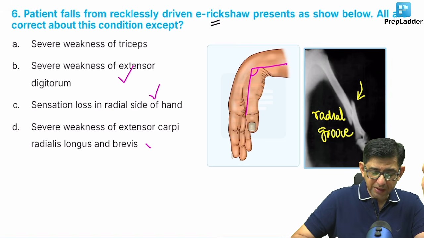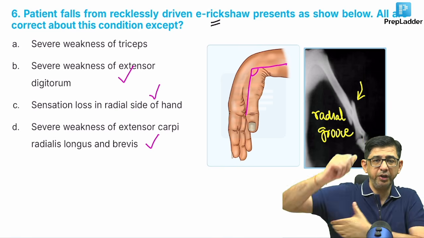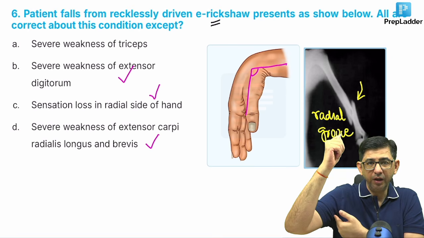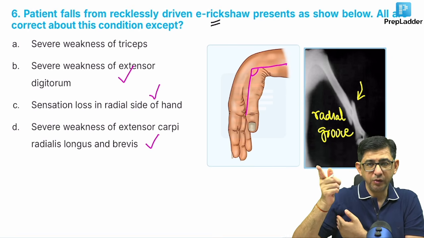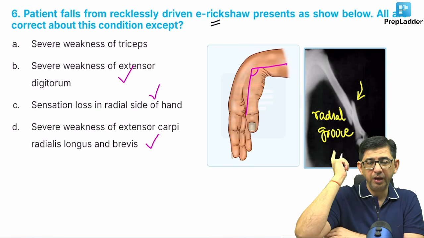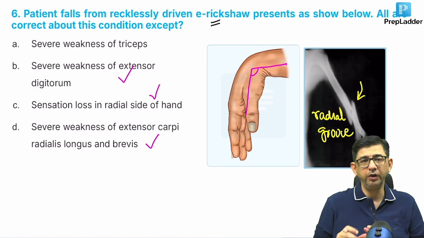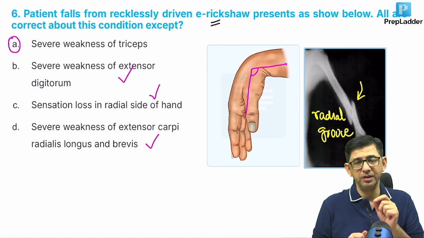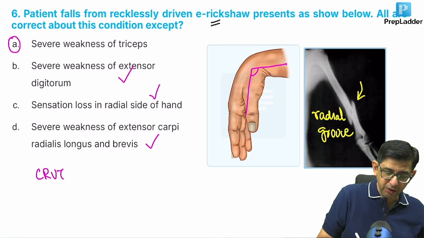Guys, here the triceps muscle is saved. Triceps muscle gets involved if there is a crutch palsy, like somebody is using those crutches. So if the radial nerve is compressed in the axilla, then you get triceps also getting involved, and triceps paralysis will be occurring. But the nerve supply of the triceps starts before the radial groove, so the triceps is usually spared. The learning point for you guys is that whenever there is an injury to the radial nerve in the axilla, that is crutch palsy, that is when triceps will get involved and you will have a wrist drop present.